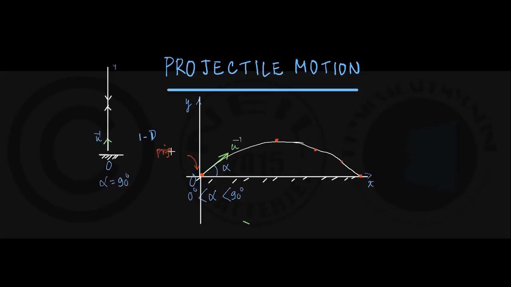So projectiles are those particles which are thrown obliquely from the ground, as I have shown. And the path it follows, the path of the projectile, is called trajectory. There is a special name for that. This is called a trajectory. This is of course a curve, as you can see. We shall prove later, this type of trajectory is called a parabola. This is part of a parabola. Here y is varying as a quadratic function of x. That we shall see later. So once again quickly what I have just now said, if we compare the one